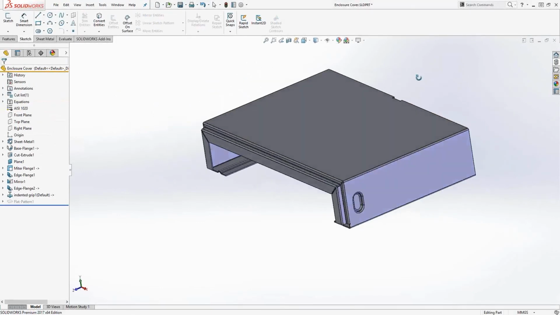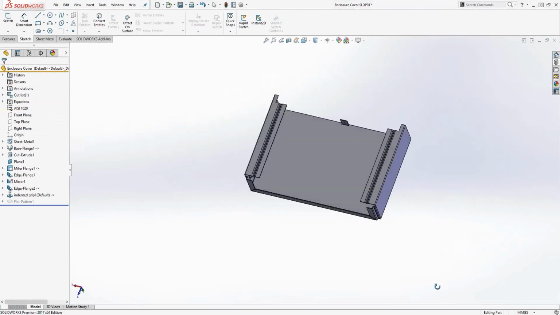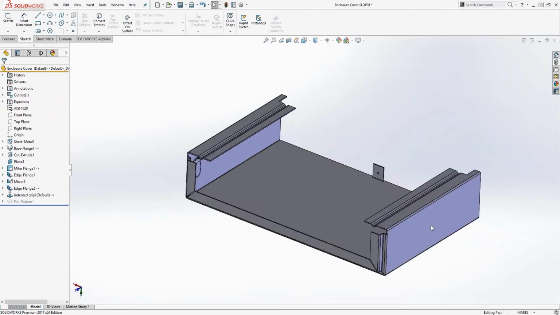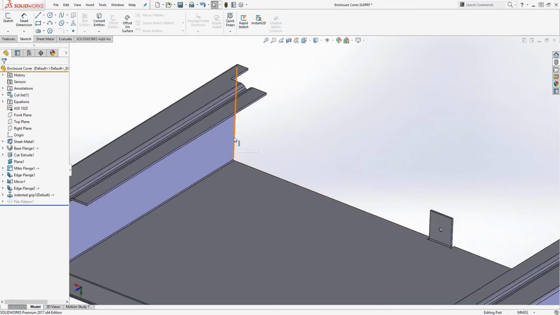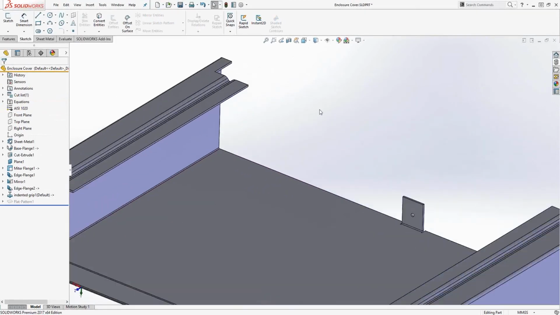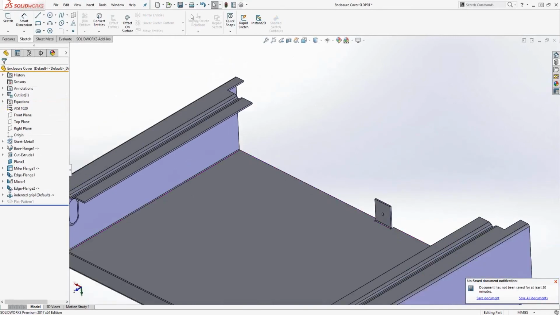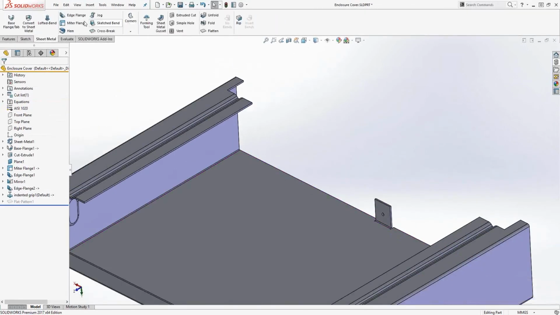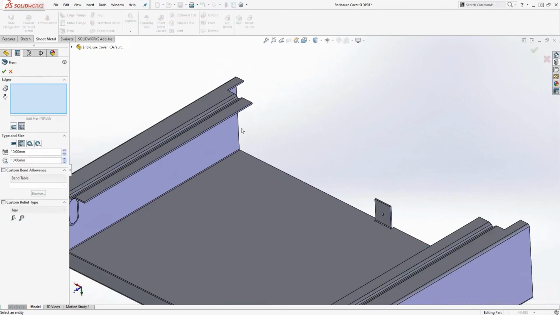All right, so if I rotate this part over here, on this backside here, when we first created this part with that initial sketch, we had that 1 millimeter offset, right? So we're going to fill in that gap with a hem. So we'll go to our sheet metal tool here. We'll grab this hem tool, and we'll do a hem on these four